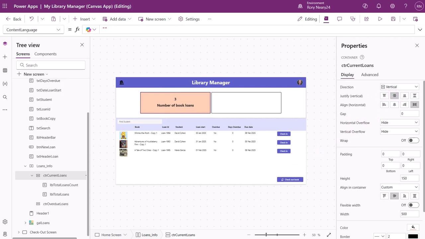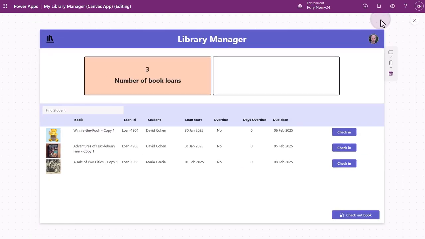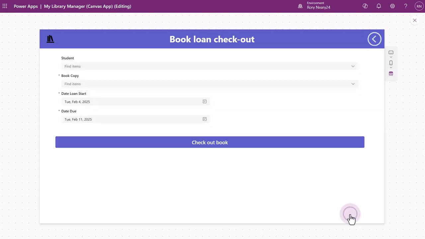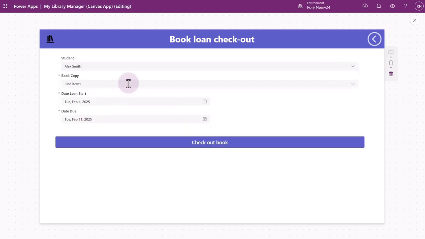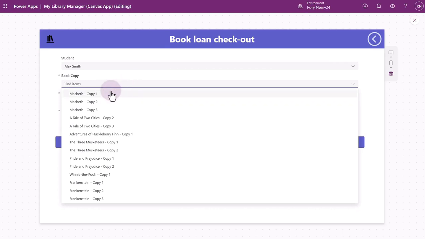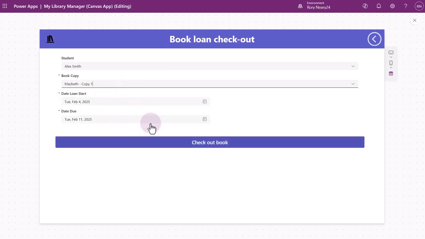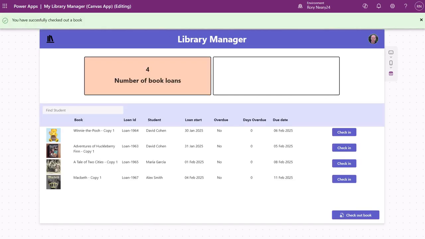Let's now check out a book and watch the values change. Select preview, check out book, find a student, Alex Smith, need a book copy, we'll go for Macbeth copy 1, then we'll check out book. We have a notification that we have successfully checked out a book, and we can also see the number of book loans is now 4. I'm now going to come out of preview,